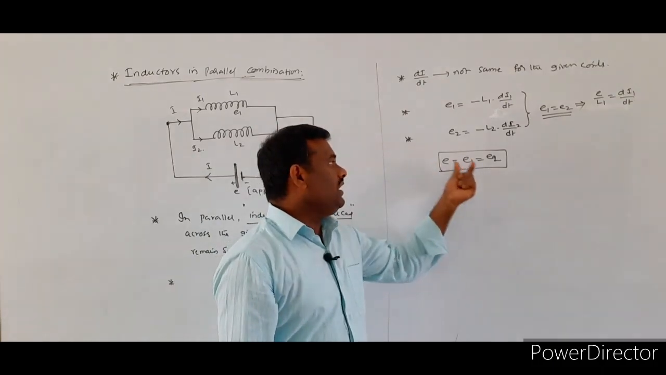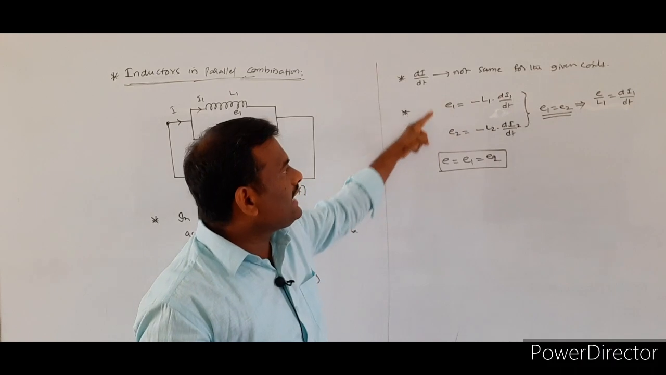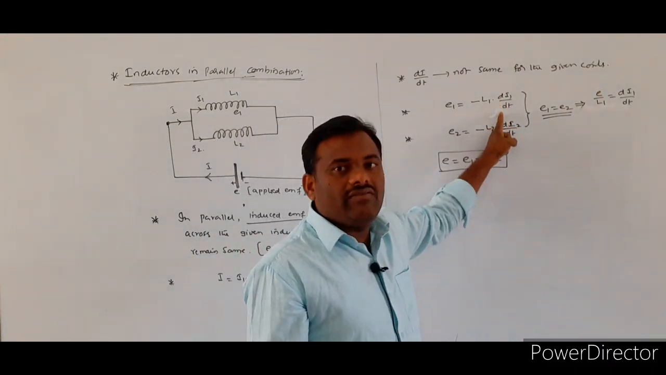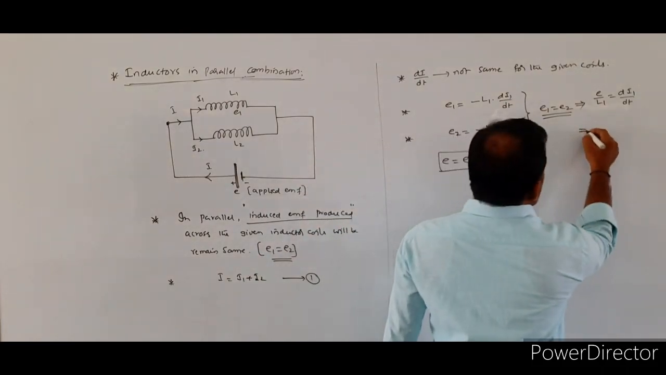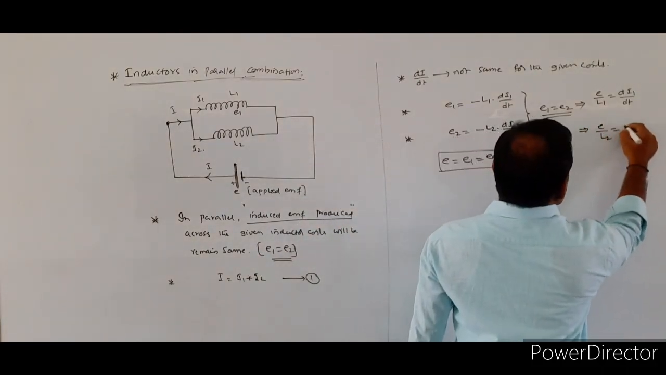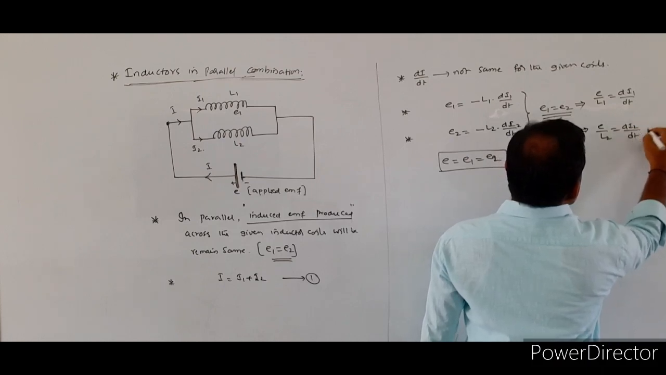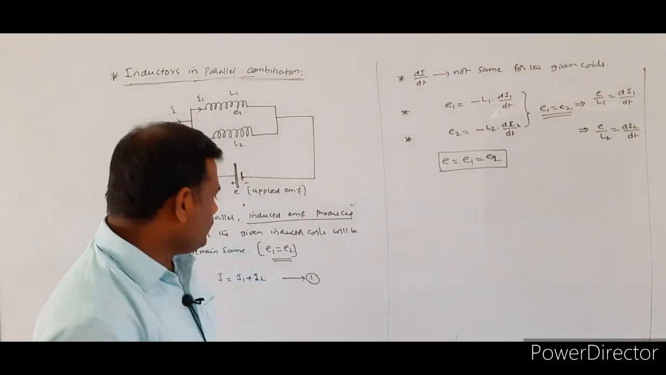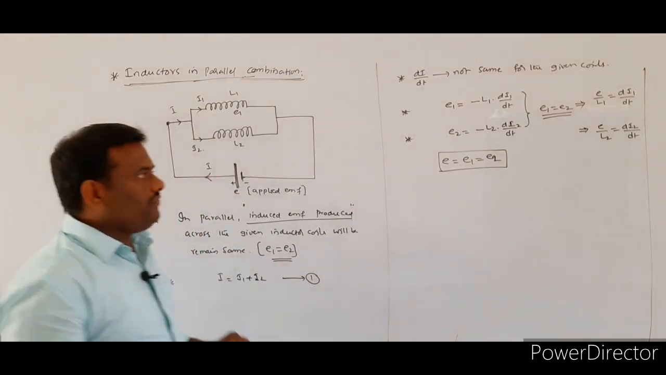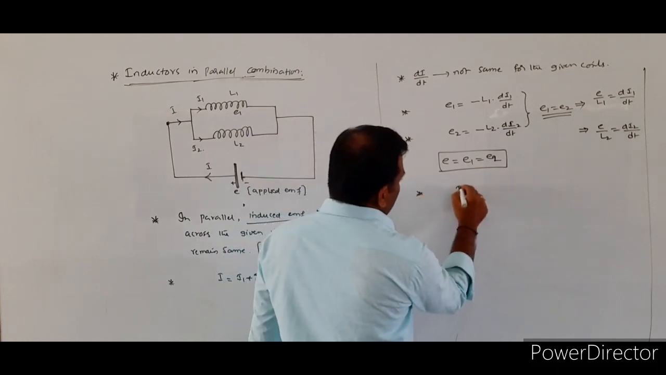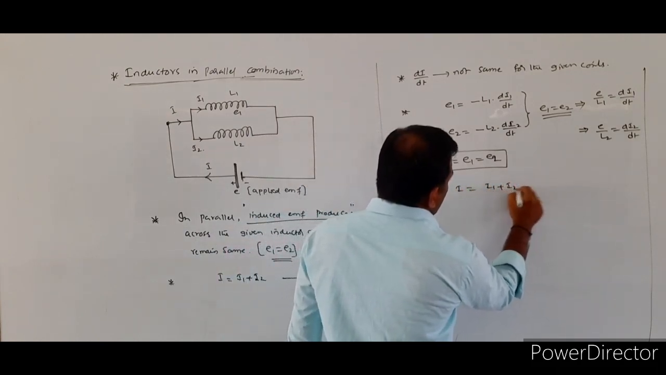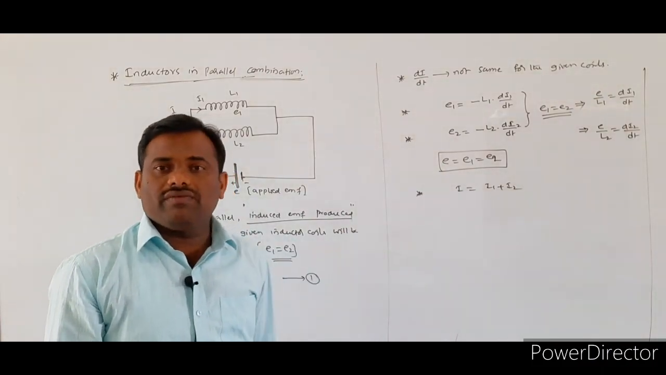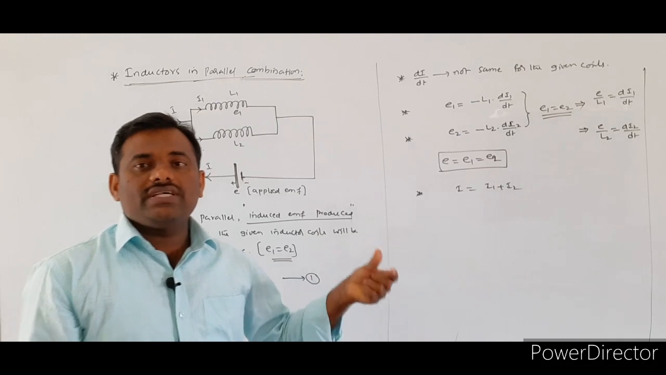So E is equal to E1 is equal to E2. From that condition, I am writing that E by L1 is equal to di1 by dt. Similarly, I am writing that E by L2 is equal to di2 by dt. Now, from the first equation, we know that I is equal to I1 plus I2. So differentiate the given equation number 1 with respect to the time, which is giving the rate